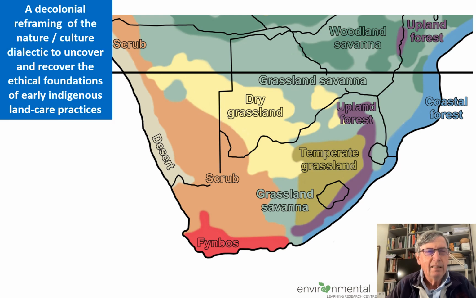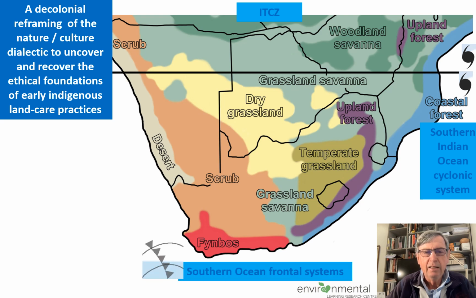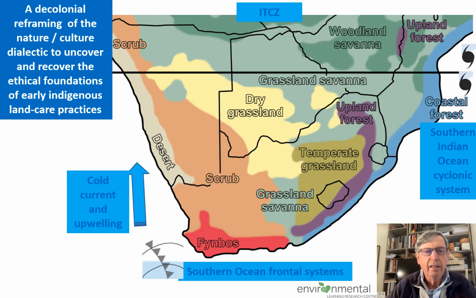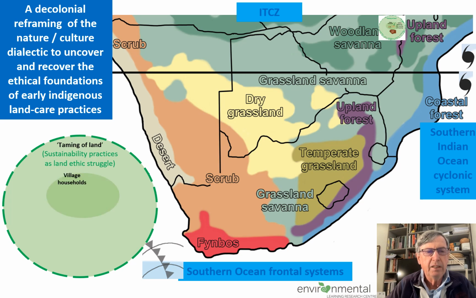And if we look at a decolonial reframing of the cultural concept of nature and culture as a dialectic, to uncover and recover ethical foundations for early indigenous land care practices, it's possible to see how the intertropical convergence zone, the southern Indian Ocean cyclones, and the frontal systems in an area of high climate variability, we had people shaping landscapes and creating cultures that enable them to live successfully in these areas through these processes of taming